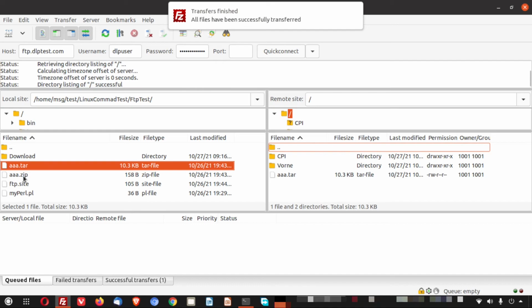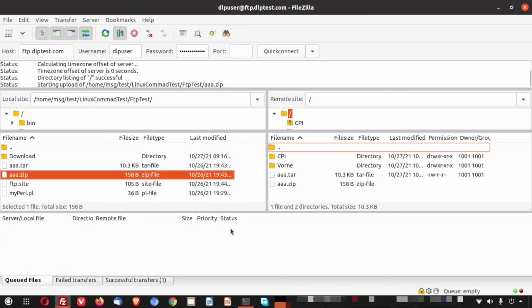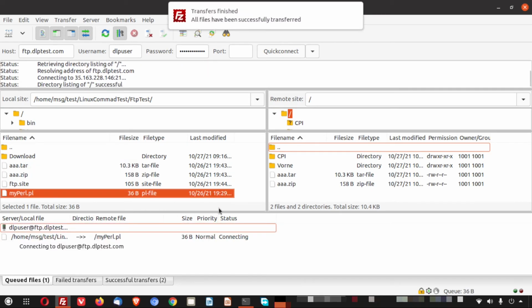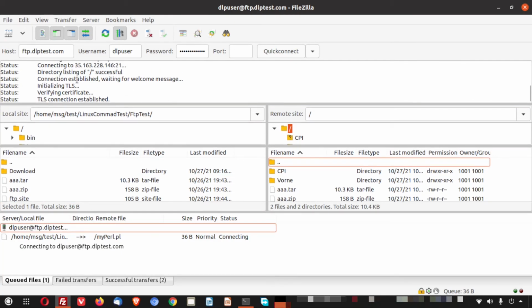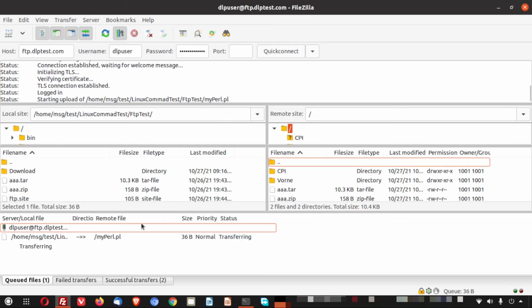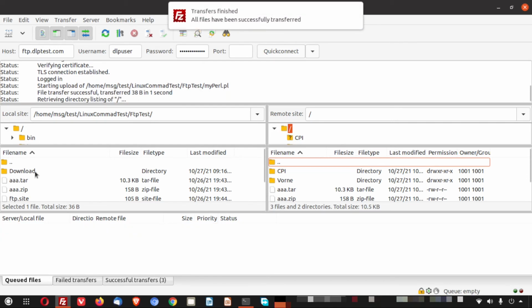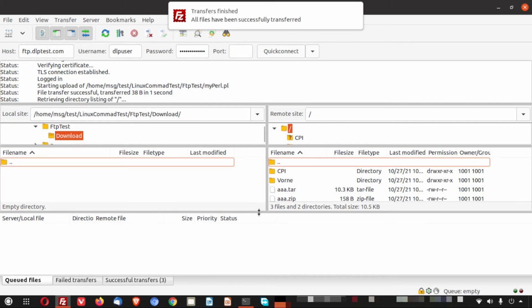Let me do one more and one more. So I have double clicked every time and here you can see it is asking yes. It is going through all these steps. You can see if there is a kind of issue or error, here you can see and find out what is going wrong or right. So here it is, I think, connecting and the final file is getting transferred here. So it is done. Let us now go to the download directory and download all these files.